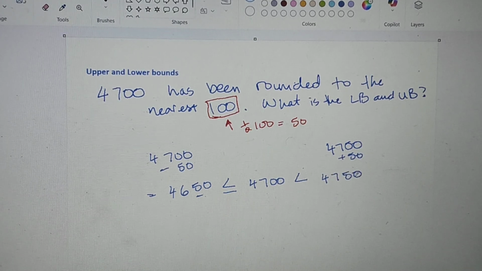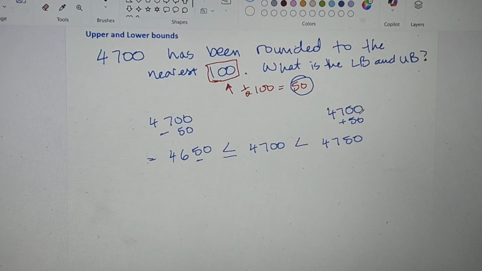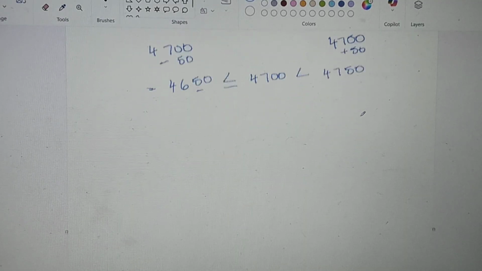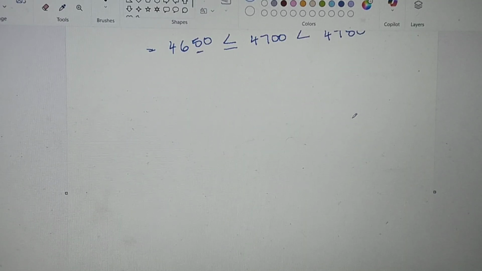which would be 4,750. So that's the easiest way to do an upper and lower bound: take whatever they're rounding off to, half that, and then add and subtract that half from the number they've told you has been rounded off. Now, that's quite nice and simple when you're rounding off to the nearest 100, because the nearest 100 is easy to work off. But what if they say something like